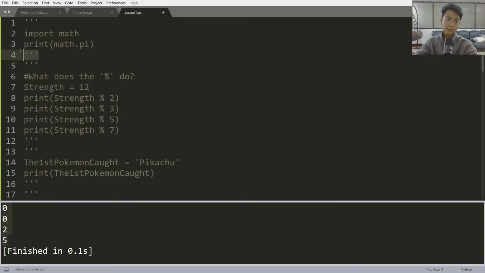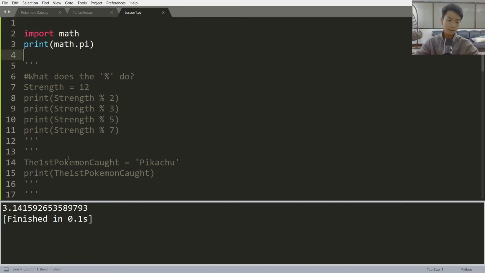Now for our last code. Pretend you want to calculate the area of a Pokeball and you forgot what pi was. So what you do is you import math, okay? Import math and then you print math.pi. Import math is a module in Python which is really useful, and there is full documentation of it that you can find on the internet. But as you can see, this is a very simple code: print math.pi. In case you forgot what pi is, as you can see,